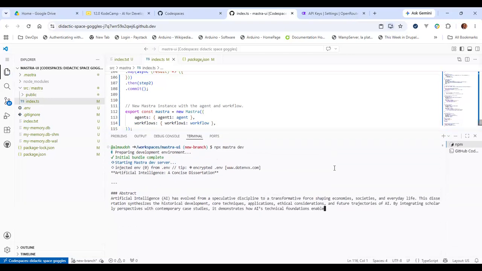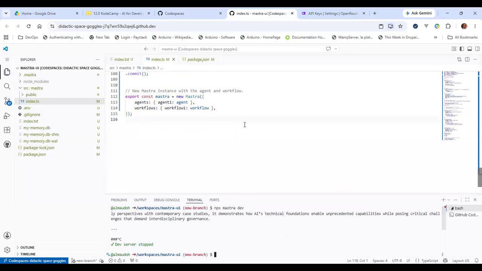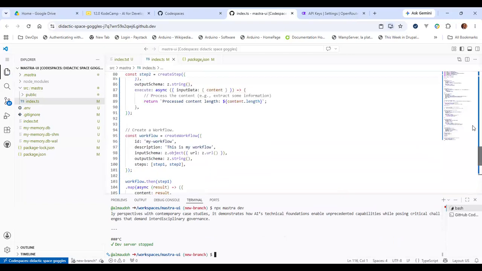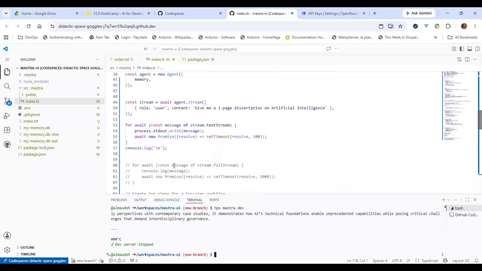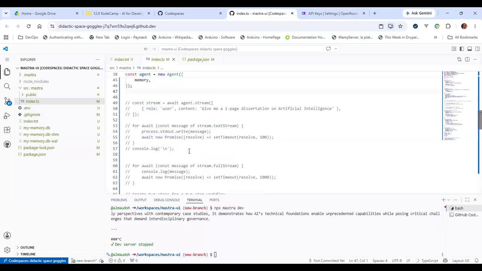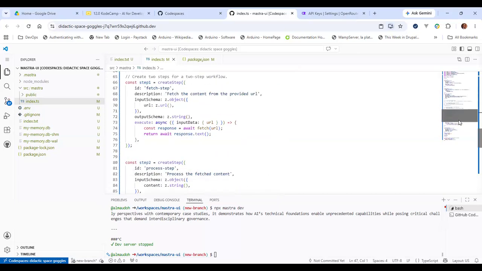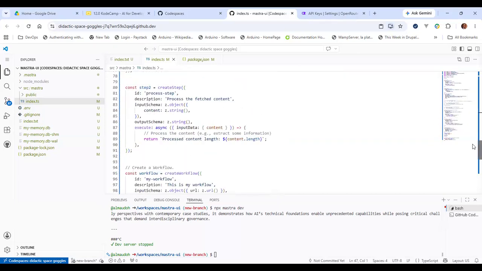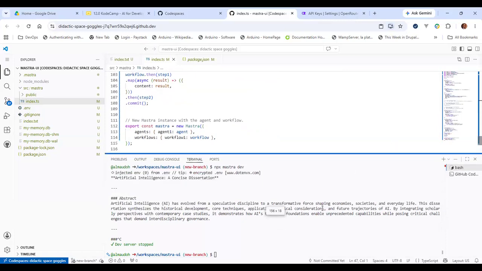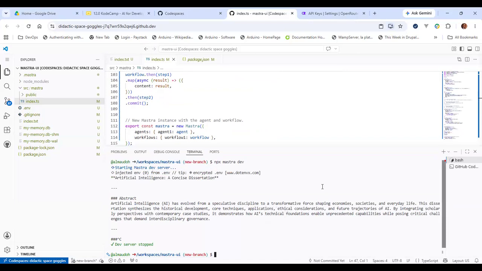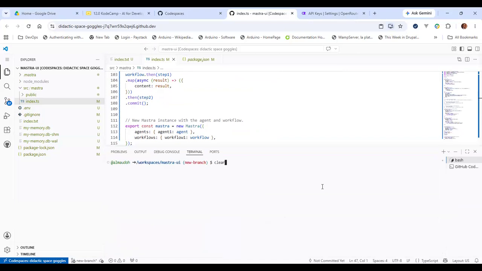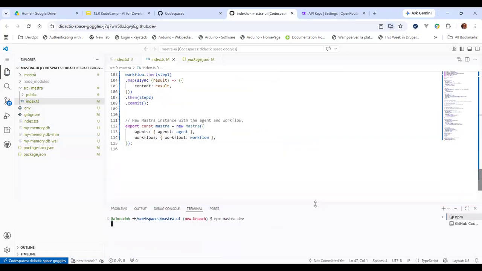Okay. So I need to take this off. I should have removed the streaming part. So it's still streaming the AI stuff. Let me comment out that part. We don't need to do that anymore because this agent is now part of Mastra Studio. So we can interact with the agent directly in the Mastra Studio. Doing console log here is just like doing console log instead of having a user interface where you are directly interacting with the agent.